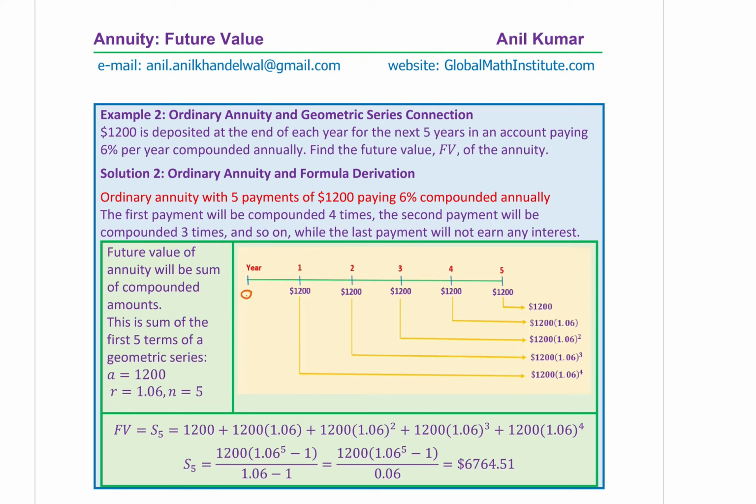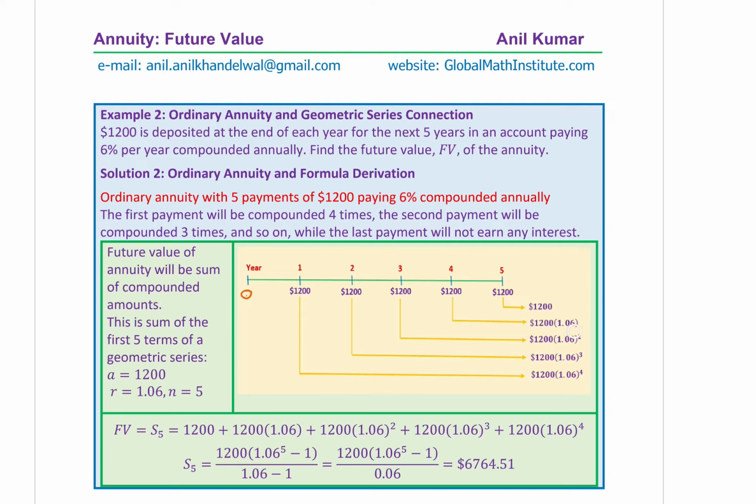Now at the end of the very first year, the first installment, a regular payment of $1,200, is made. Second year again $1,200, then third, fourth, and fifth year, a $1,200 payment is being made. So at the end of 5 years, $1,200 has been paid. No interest is earned on this because this has just been paid. However, at the end of 4 years, whatever was paid, we earn 1 year of interest, which is 1,200 times 1.06, 6% being the interest. Therefore, the amount, which will be the future value of the $1,200 deposited last year, will be